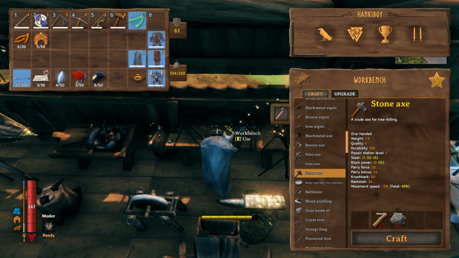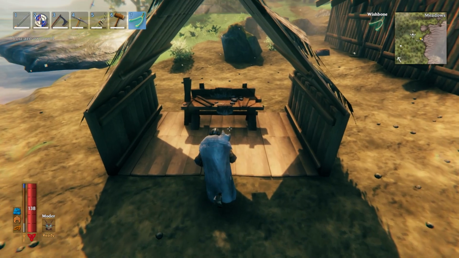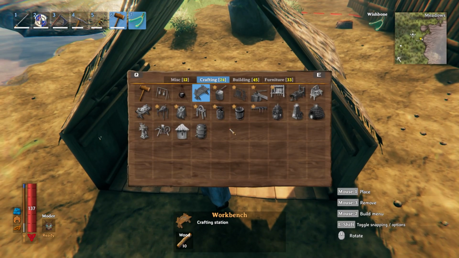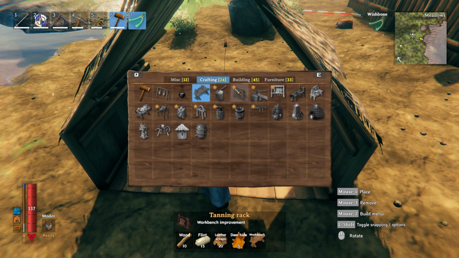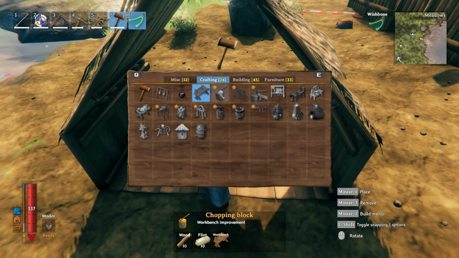At number 2, how to upgrade the workbench. Now this works with any crafting station. They are all upgraded the same way. So once you put your workbench on the ground, the way to improve it is by building improvements near it. You will learn crafting station improvement recipes as you progress in the game and come in contact with the required